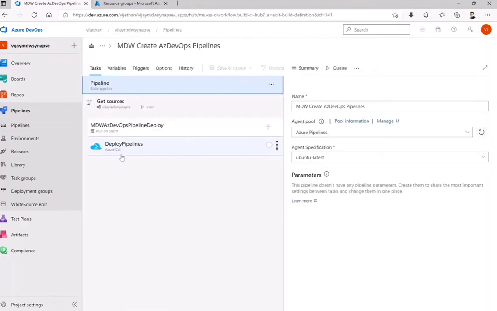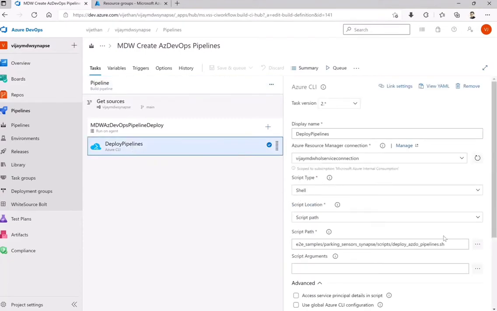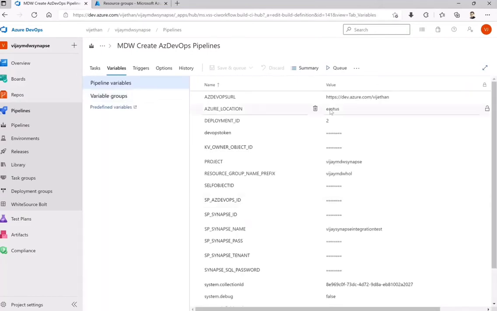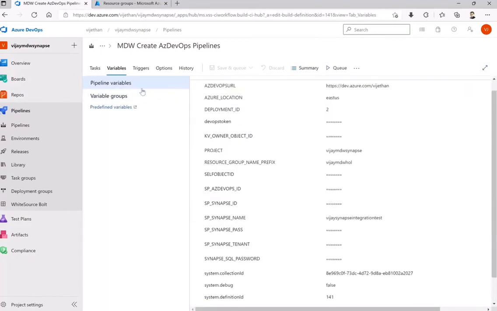This is nothing but again the CLI script, which I explained to you, that is going to create the pipelines for build and release. Along with that, there are two more pipelines for QA as well. So this is nothing but a simple script for deploying Azure DevOps pipelines. Okay, so that's all it will do. Again, if you want to go through variables, go through exactly the same structure.